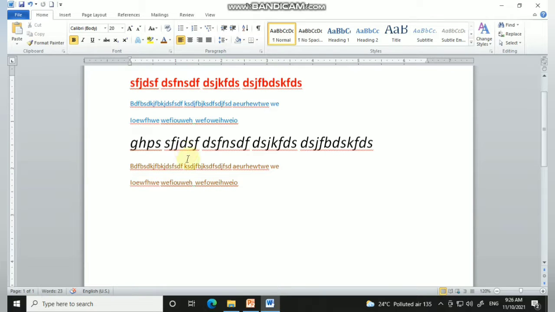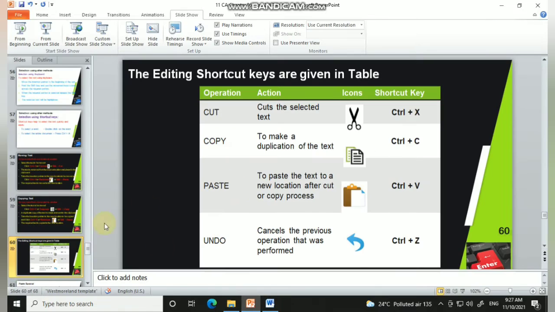Now I think, I don't want to cut this text, I want to cut some other text. To cancel that previous operation, I should press Ctrl plus Z, so that it cancels the previous operation I did. Clear?